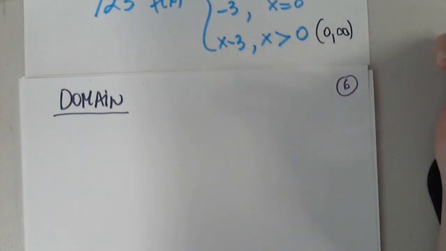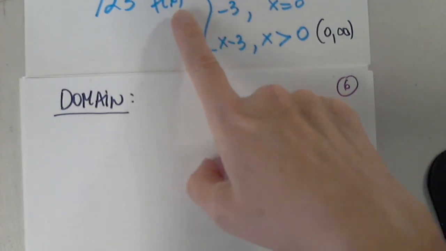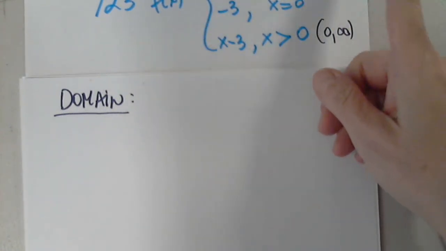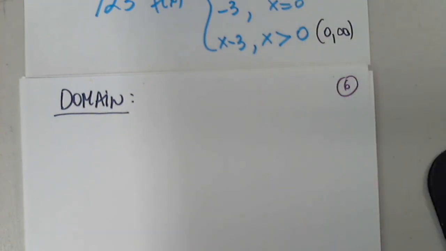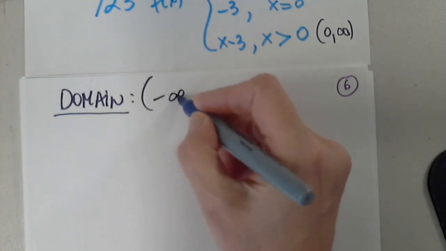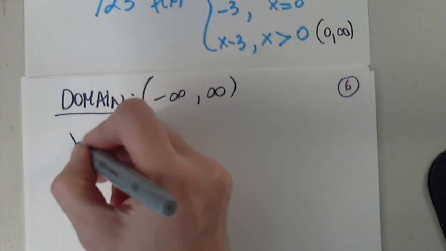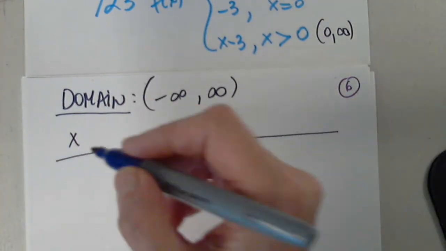Okay, so now I'm looking at the domain, and I'll say, okay, this function has everything to the left of 0, has 0, and everything to the right of 0, so obviously it must be all real numbers. So then I get my domain up here,